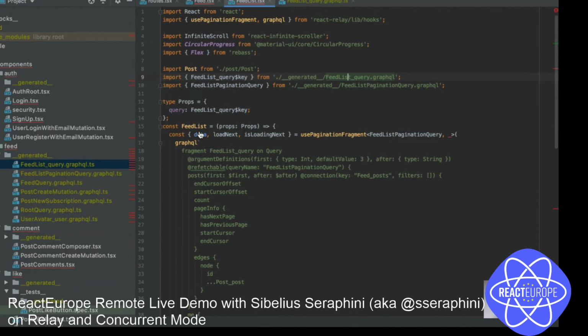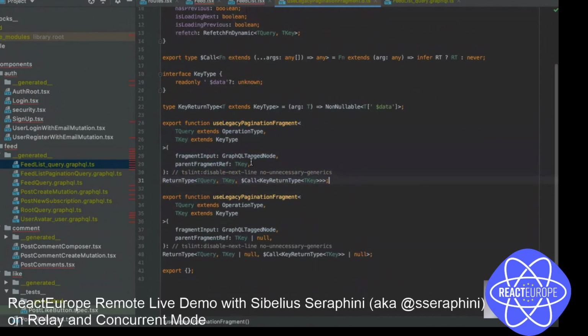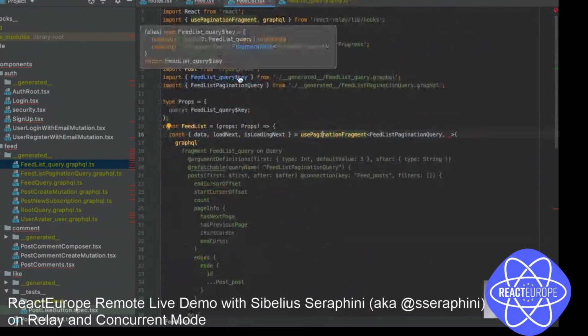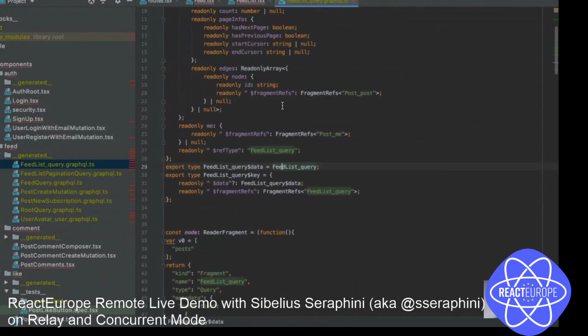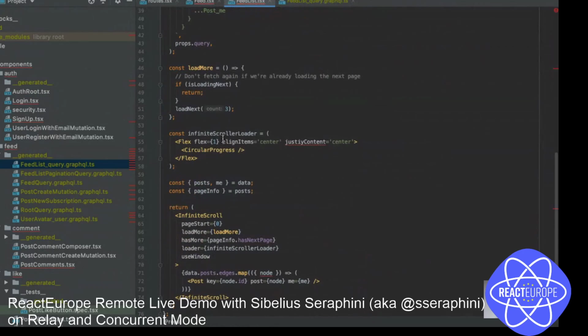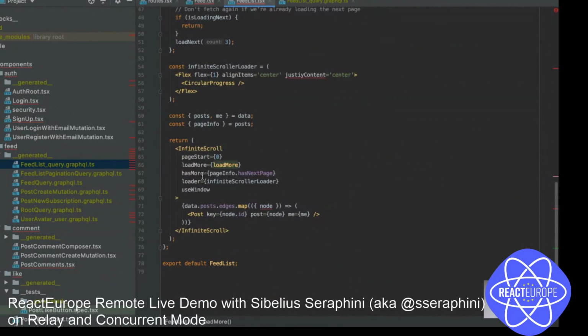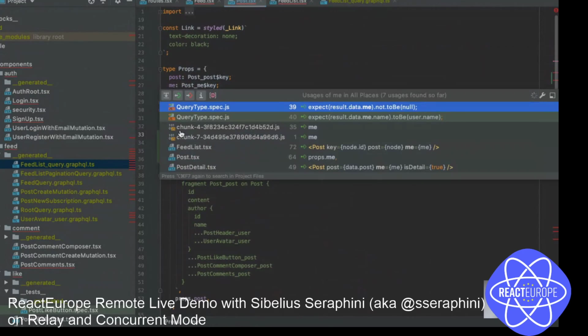I don't know if my TypeScript is working well, but all these fragments are doing kind of crazy stuff to extract the data from the key. This key is going to extract the data that's going to point out to here, and that's going to go back to here. So you can make your components type safe, to make sure you don't access something that doesn't exist. So post here, I have post me. Let me comment here.